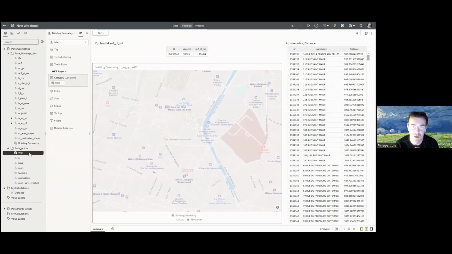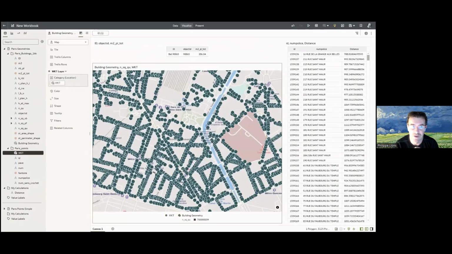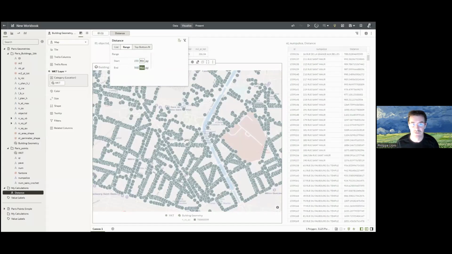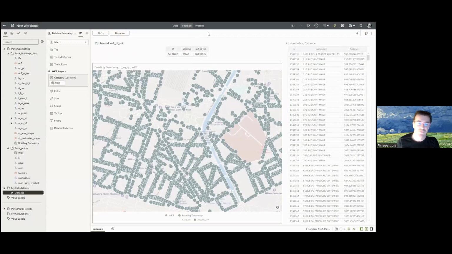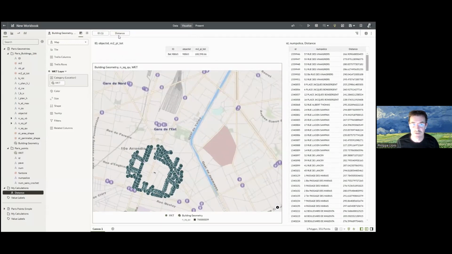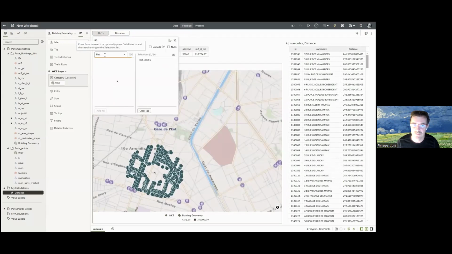So now, how about we represent these points, and how about we filter on the distance that we've just calculated? Let's filter on everything between, I don't know, 150 meters and 300 meters to that shape. So what are the restaurants in that distance? Boom, right there. So how about we change the distance a little bit? I don't know, make it a little shorter, 100 meters. Now you can see the power that this brings into your visualization.